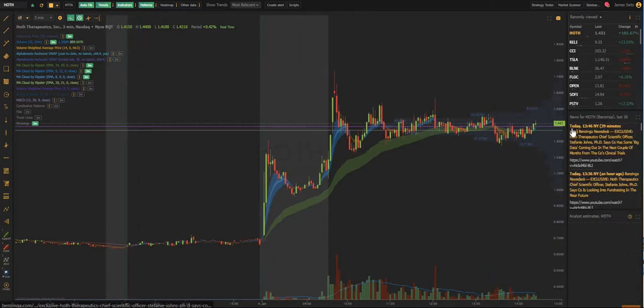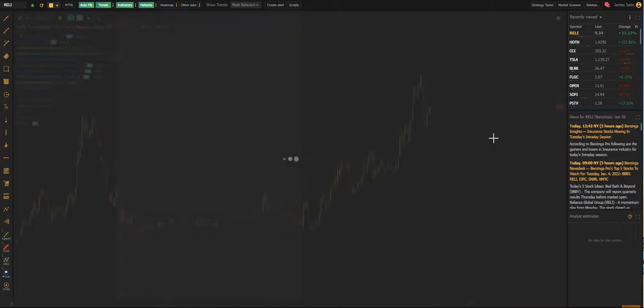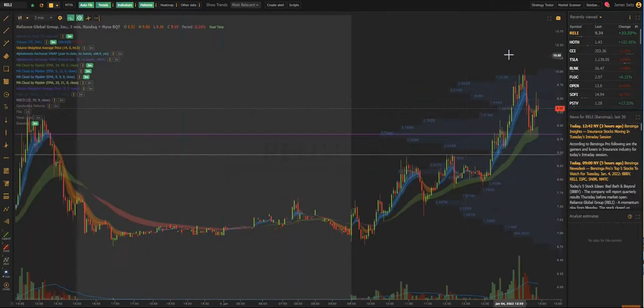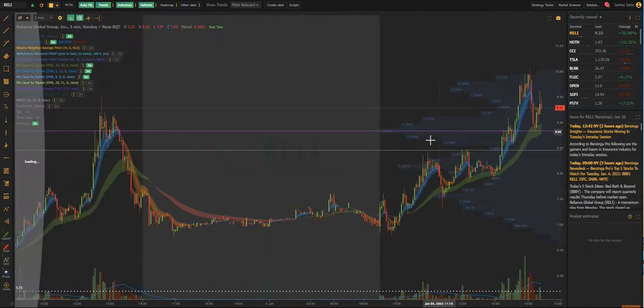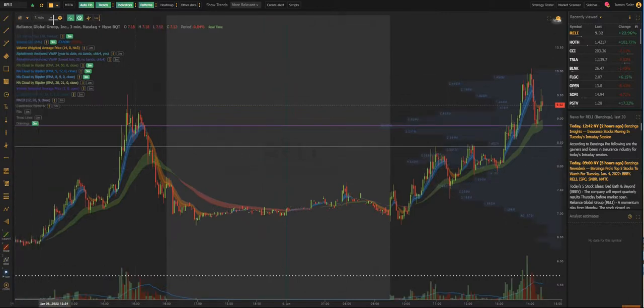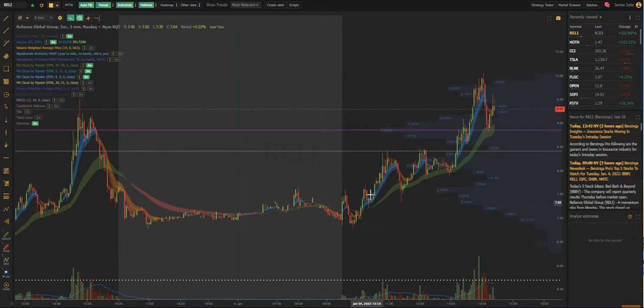Then the other big runner that we've got today is RELI. We're hoping for a break of 10 for a squeeze. It ran hard yesterday, as you can see. We'll switch this one over to the 10, but real quick, just a quick glance over at these